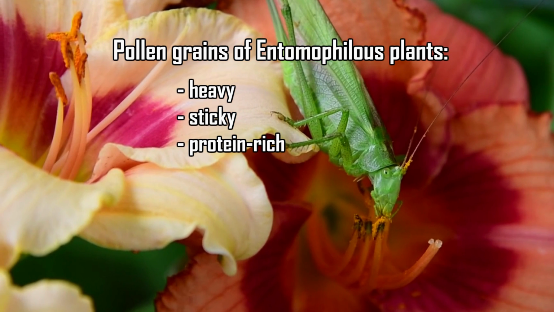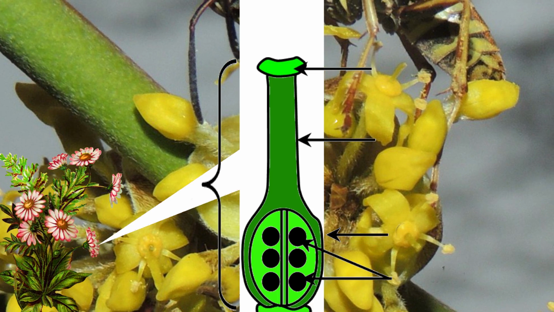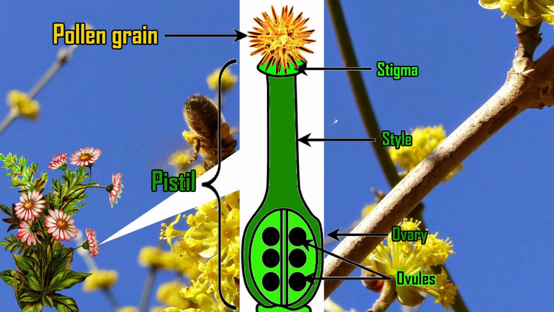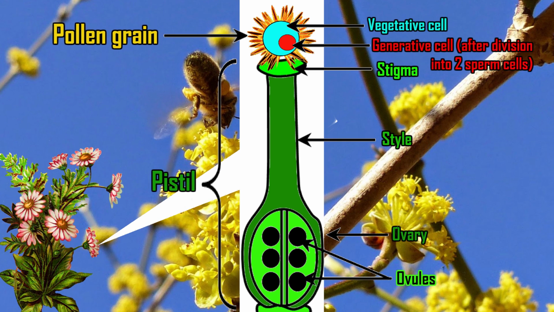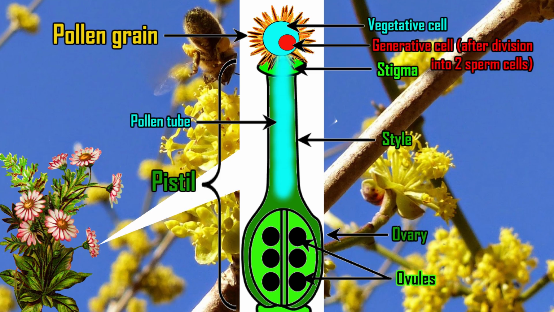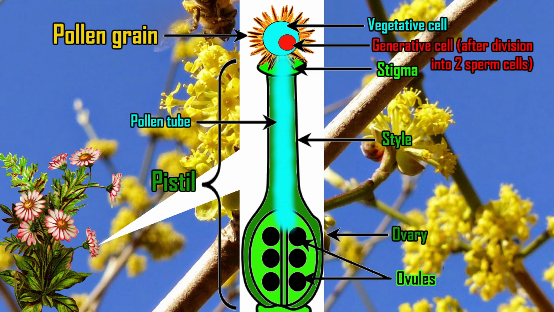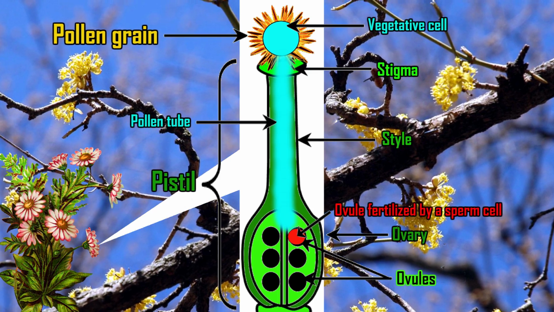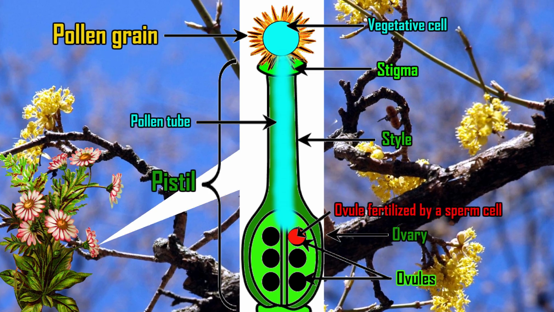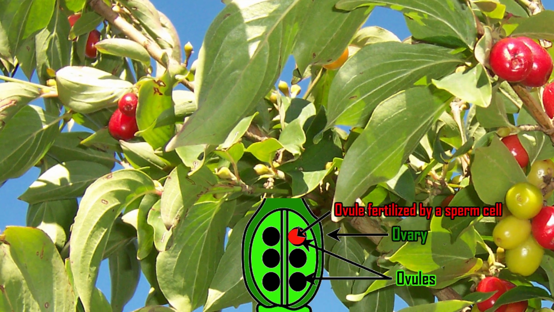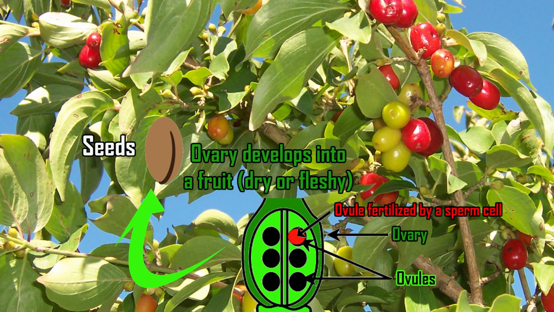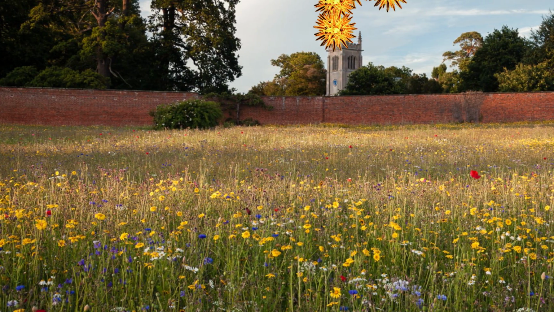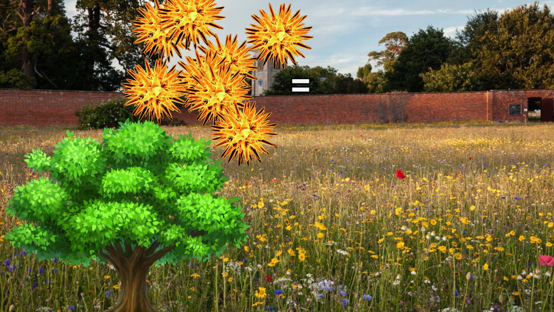attracted to their flowers. Upon being transferred to a proper pistil by any of the previously mentioned means, the outer pollen grain protective shield will crack, and the large vegetative cell will extend as a pollen tube into the part of a pistil called style. The generative cell will follow this pollen tube to reach the ovule, which is a female reproductive cell in the ovary of a pistil. Together with the ovary, the ovule will, after being fertilized, further evolve into a seed and eventually a new young plant. So we could say that the role of pollen powder in plants is equivalent to that of